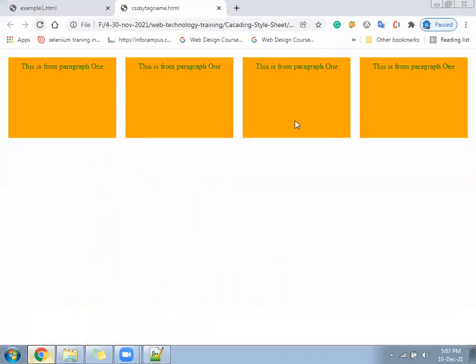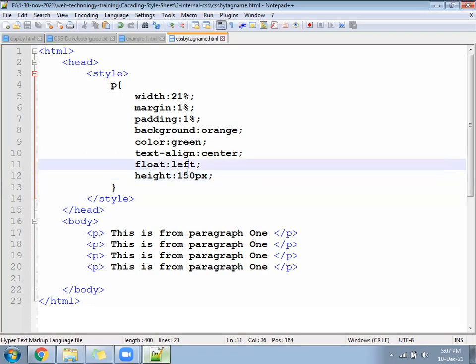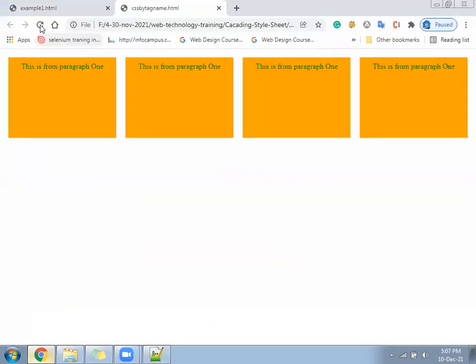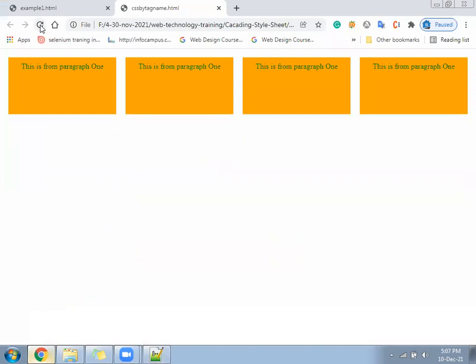Height got increased, looks better. If you want to reduce height, you can reduce, no problem. 100 also you can give, it will look better. Something like this.